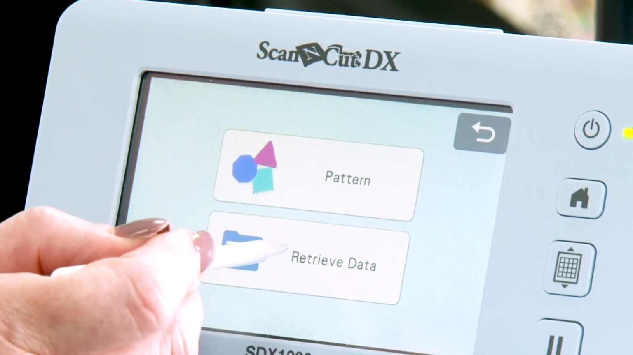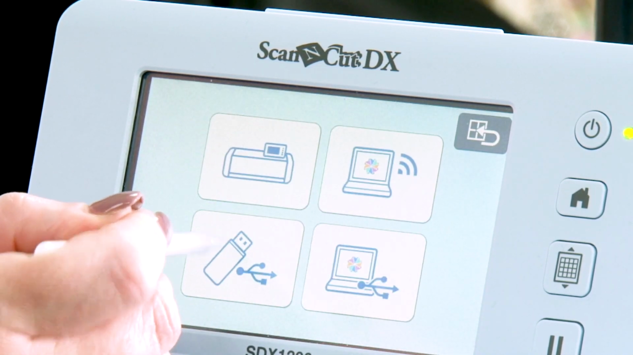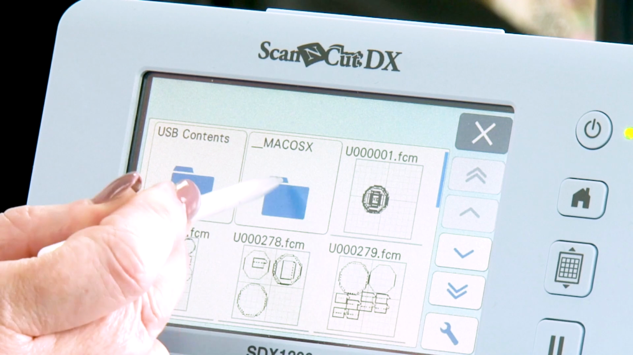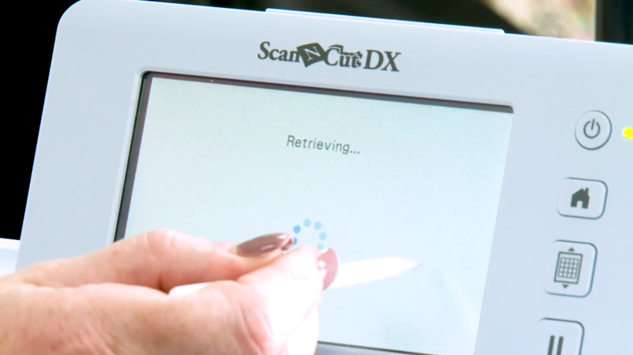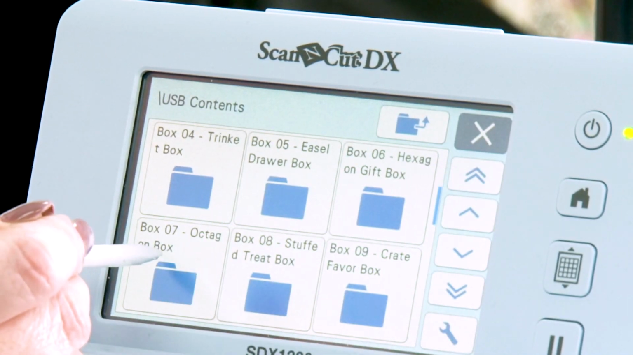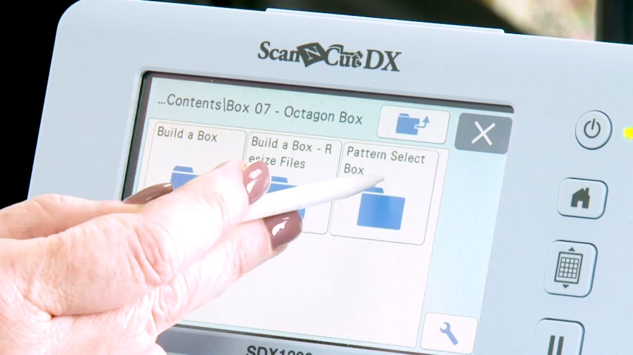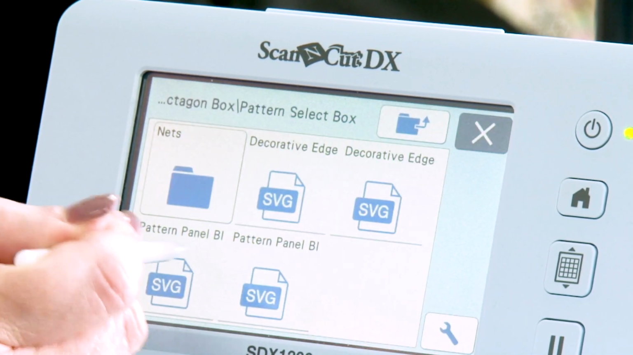Okay, but we're going to do the blank ones so that once I've done this and explained why I'm doing it, I can then take you into Canvas Workspace and show you how you select your patterns. So we're going to add, go to retrieve data and USB, go into the USB contents, back down to the octagon box, back into the pattern select box, and we're going to choose our